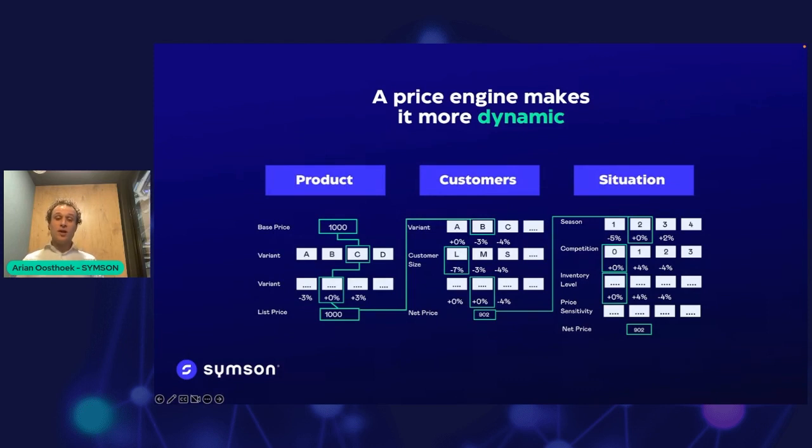But on the right side, you see that you have more situations. So you can add, for example, the season. If you have 4 seasons a year and you see that your customers could be sensitive for each season, or your product is sensitive for each season, you can add specific markdowns and markups for each season. You can also add your competition level for each specific product. You can add your inventory level for each specific product, or you can also add price sensitivity. These are some examples of situations you can add, but Vincent will explain more situations you can include in a pricing engine to make your pricing more dynamic.